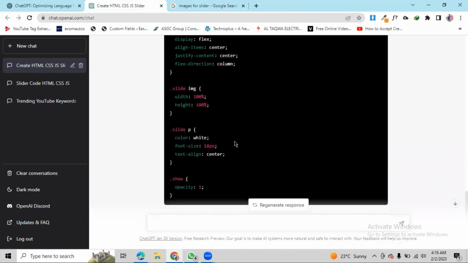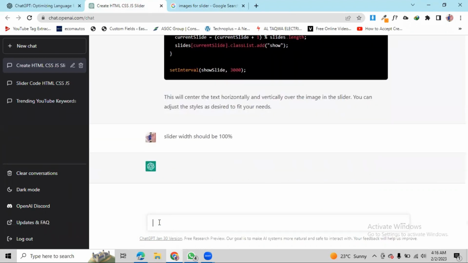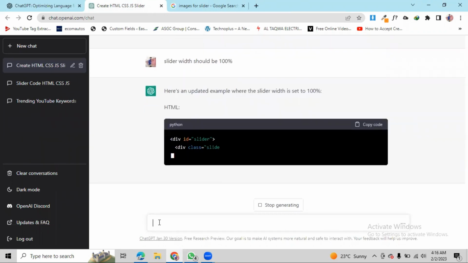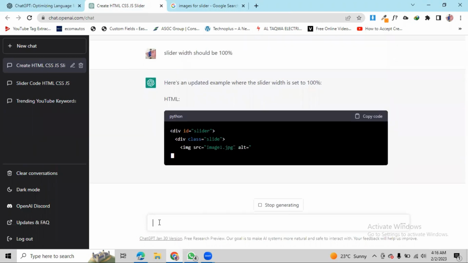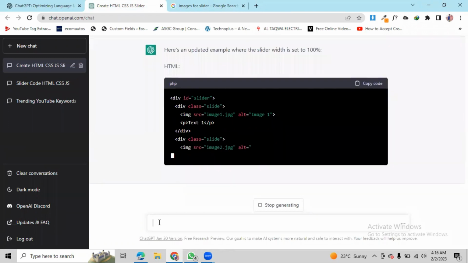So from here we can ask him anything to do for us, like if we want the slider full width, so just ask like the slider width should be 100%. And once we give this, it will again write the code for us and set the width of the slider to 100%, and I hope it will work perfectly fine for you. So I have just shown you how we can create a beautiful slider with the help of ChatGPT,